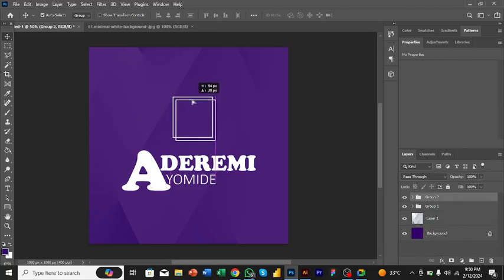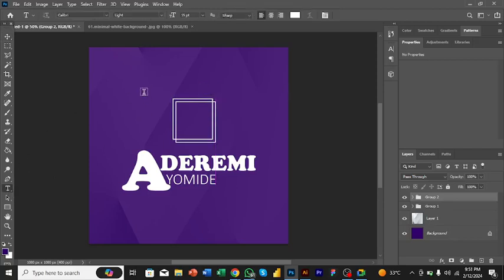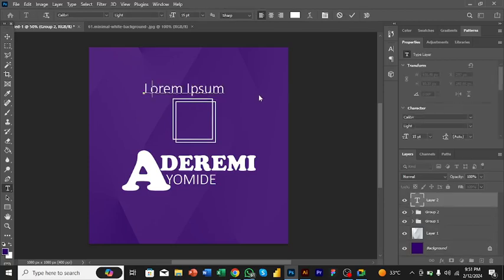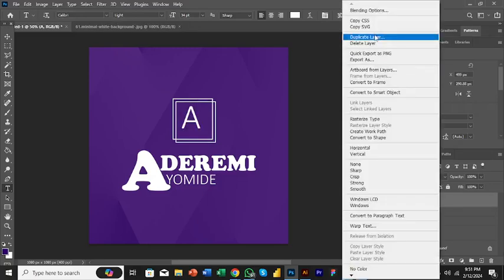Now this is me just being creative because I don't want to use just font. So this person is Adiremi AA, so I can choose to say A and A, or I just delete this, increase the size. Let me increase the size of this and put it inside this box. Let's resize it. So the assignment is for you to go home, after this class you just create a font design. Just use font, use a nice color, use font and create a design, but it should not be like my own, please. Then I can duplicate this, my A here,